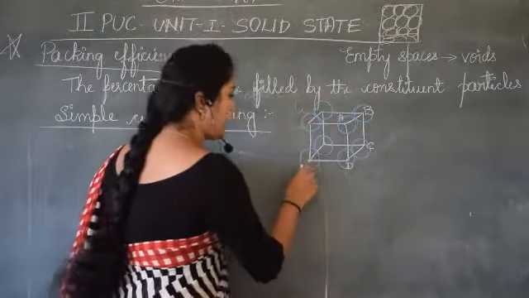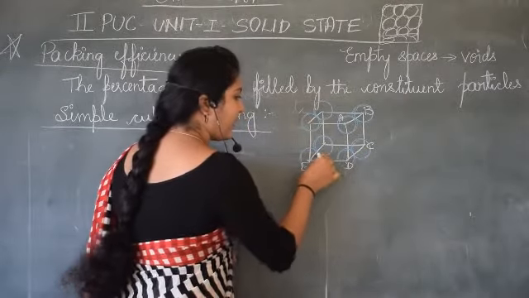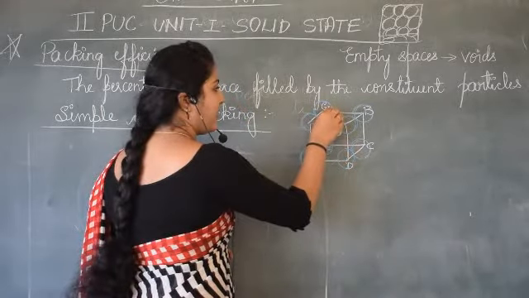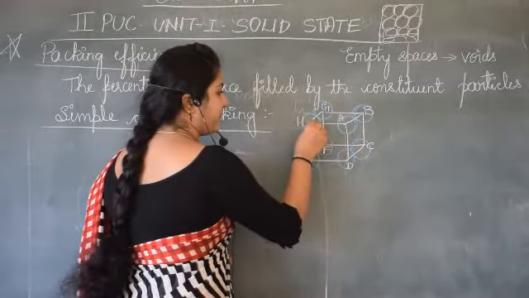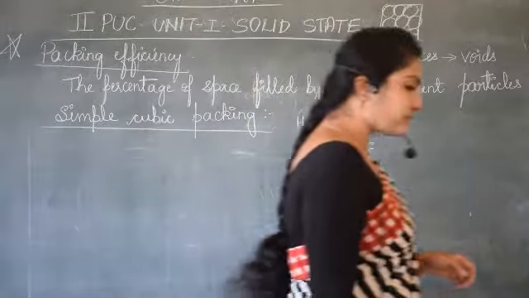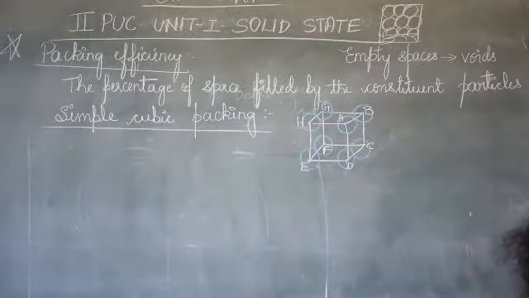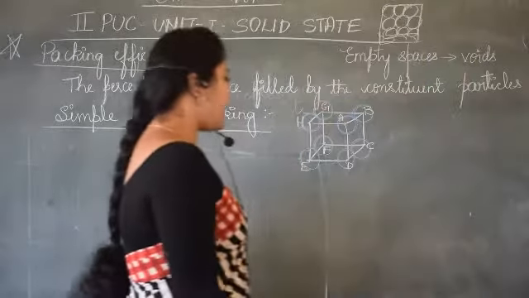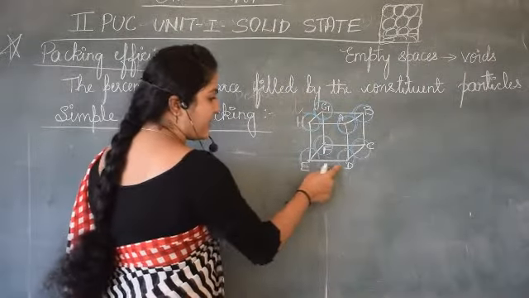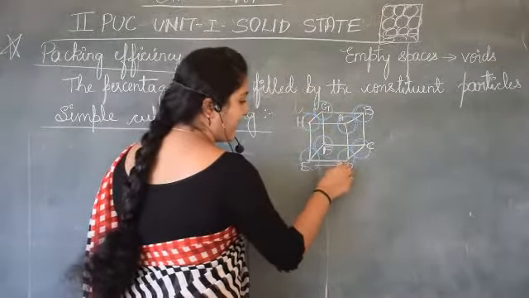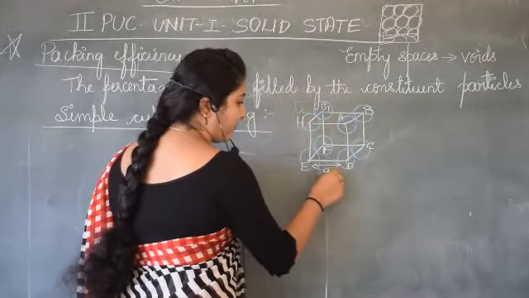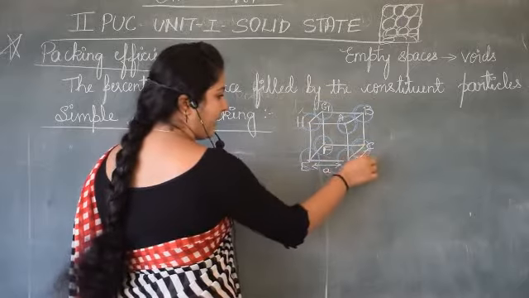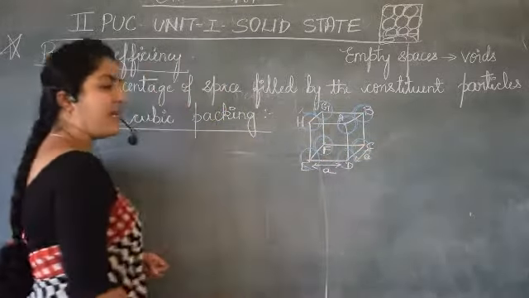Here I have named it as A, B, C and D. Now here E, F, G and H. Hope it is clear. Please go through it once. Now let me consider that these are edge lengths, isn't it? So let the edge length be A. This is A. So all the edge lengths be A.